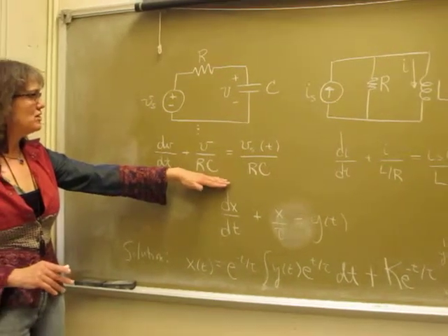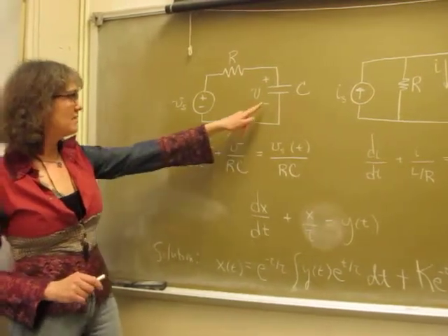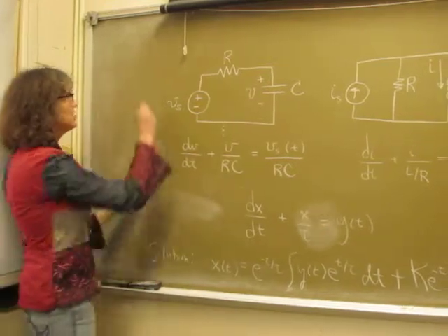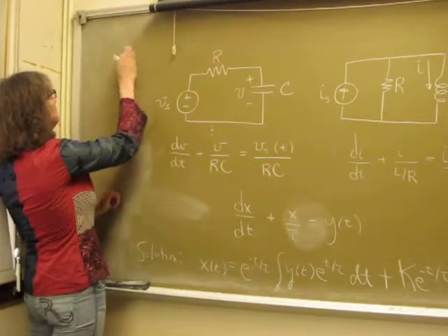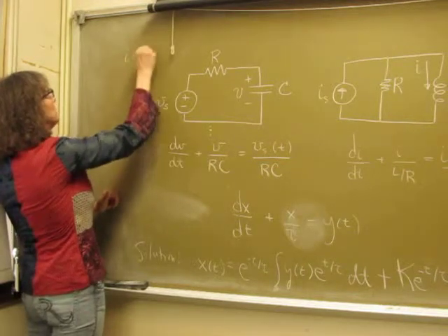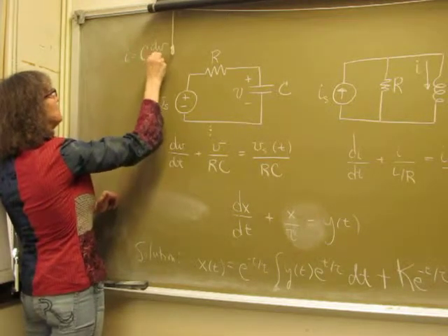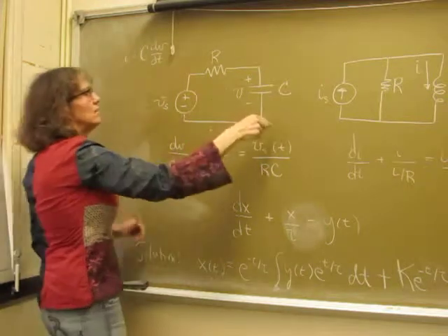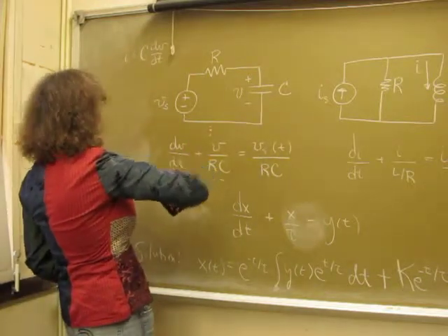And the differential equation comes from the idea that, remember for a capacitor, the current through a capacitor is equal to C dV dt. And we know that,